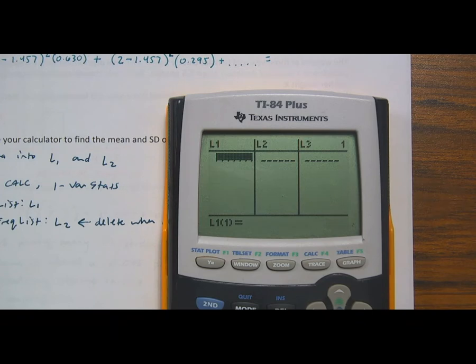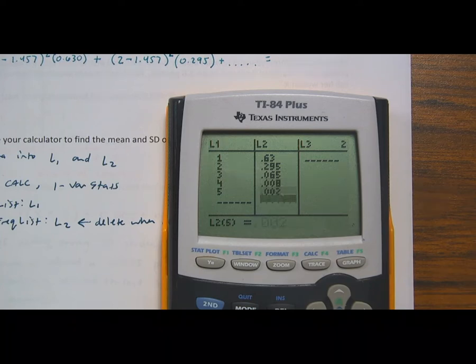Let's enter in our number of languages, 1, 2, 3, 4, 5, and their probabilities. Oops. Once you have your probability distribution table entered, then hit stat,